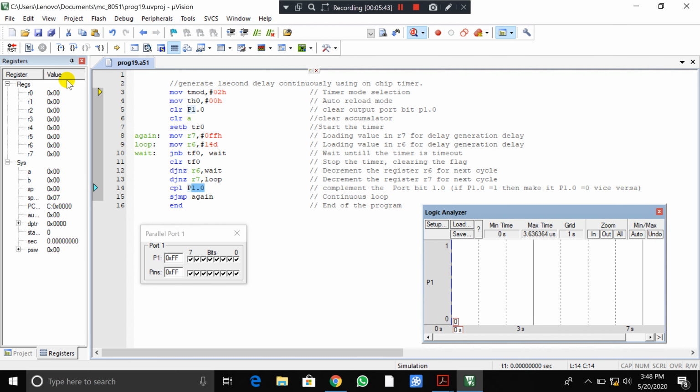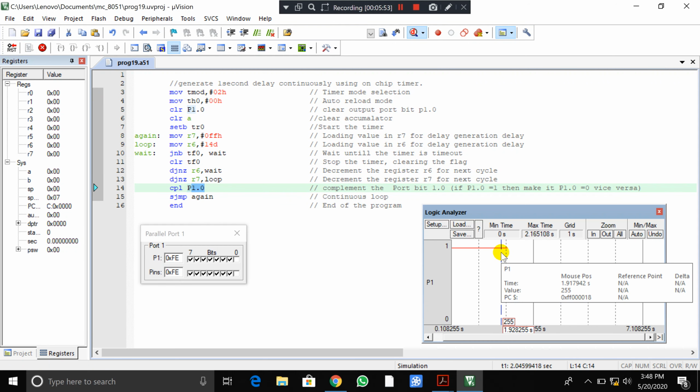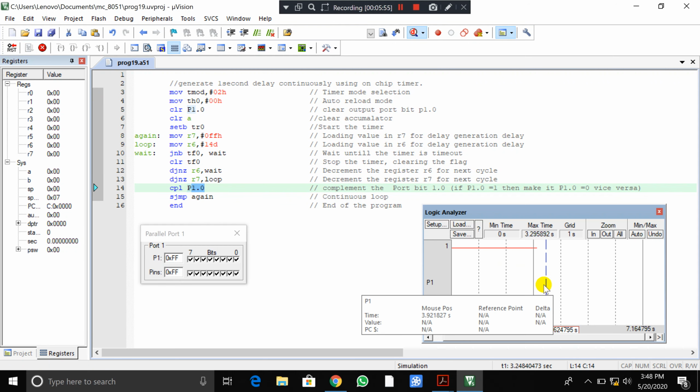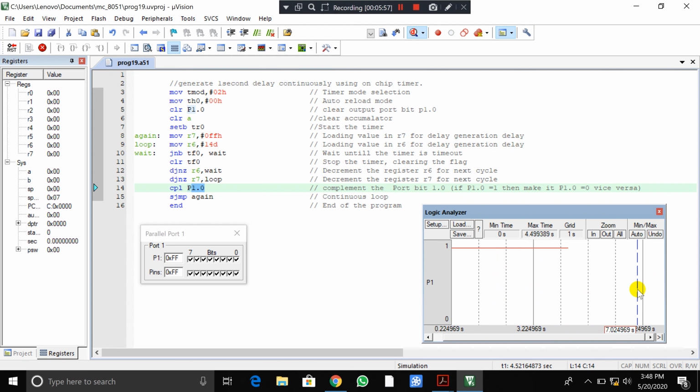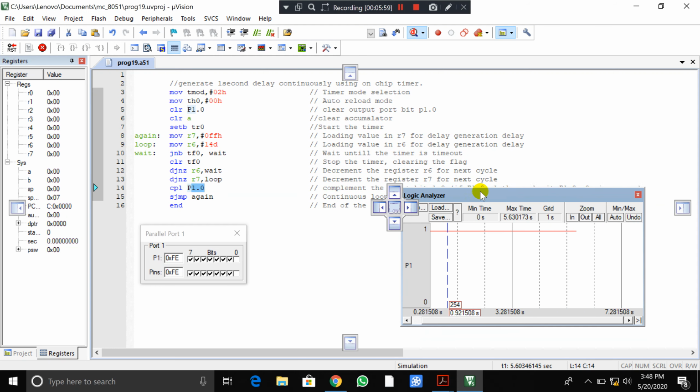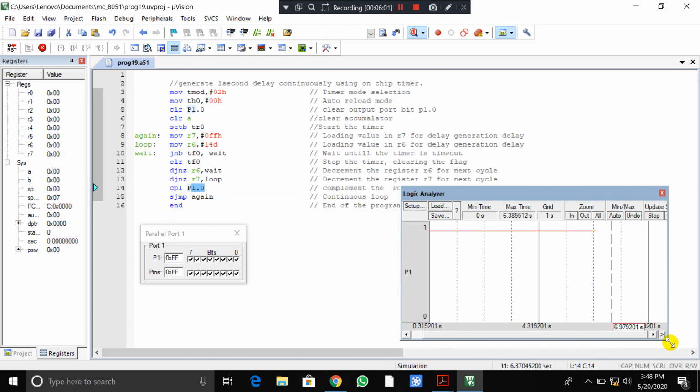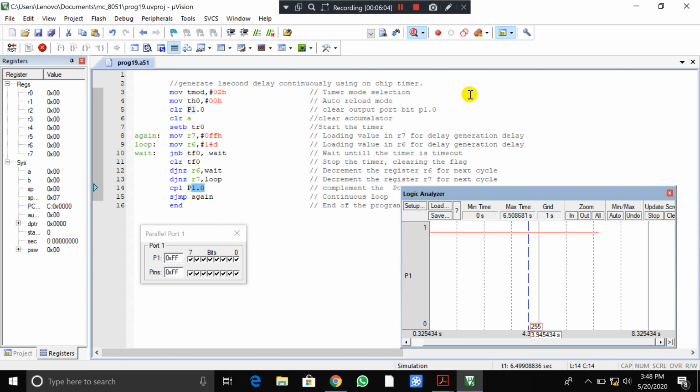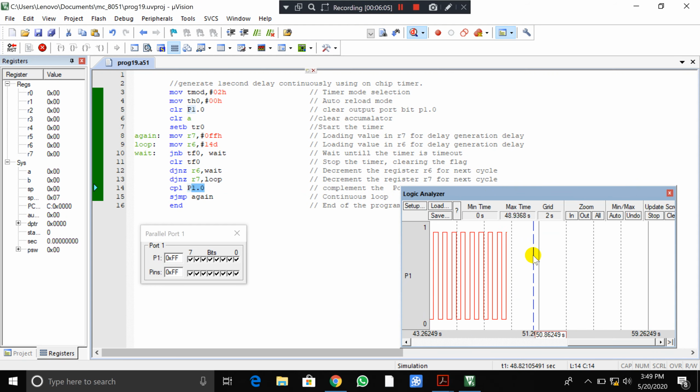Now let me run the code. To run the code, you can use the F5 key on your keyboard, or select Run. If you start running, you can observe the display change.